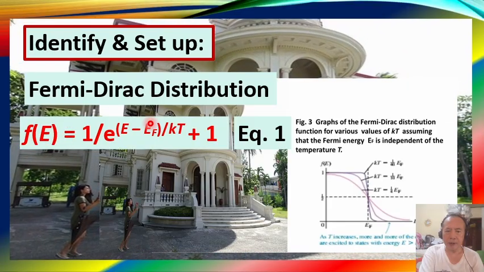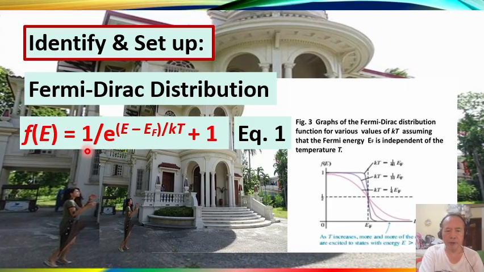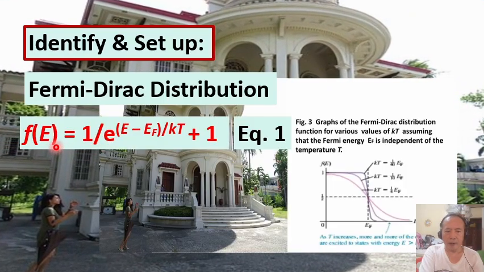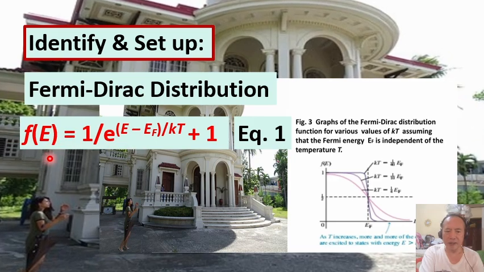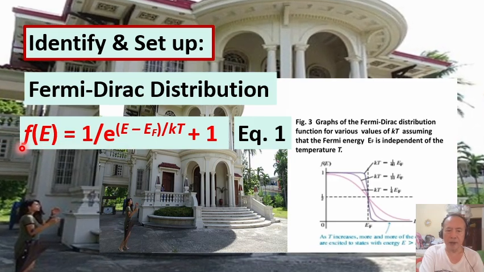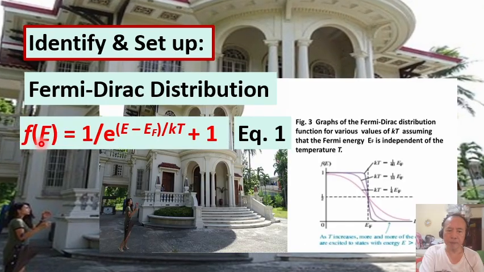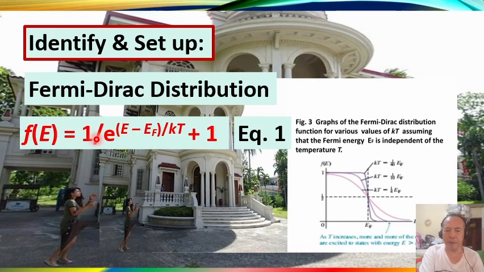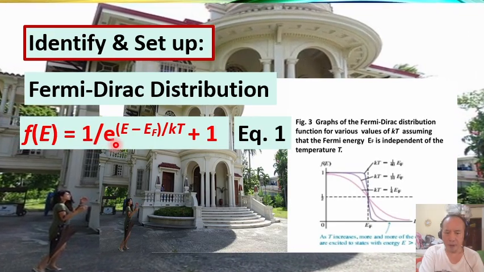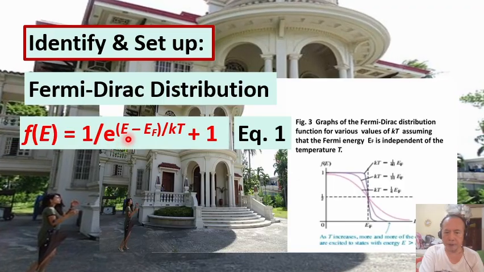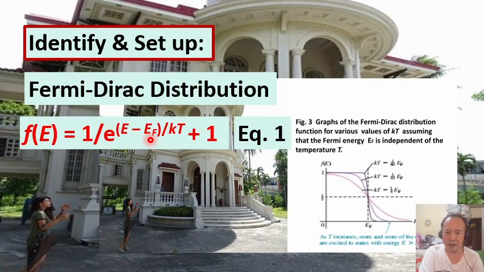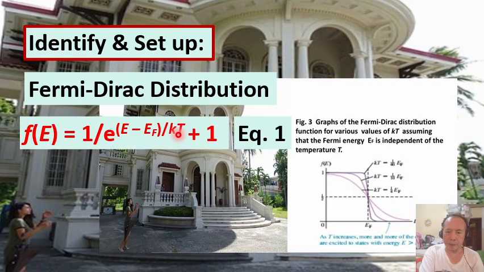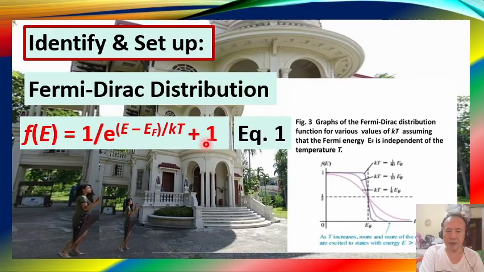So the Fermi-Dirac distribution in terms of the probability of finding an electron in a given state is given as small f of capital E equals 1 over the Euler's number raised to the power capital E minus capital E sub F over small k times the absolute temperature capital T, plus 1,